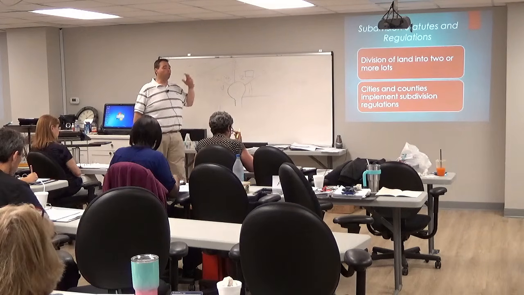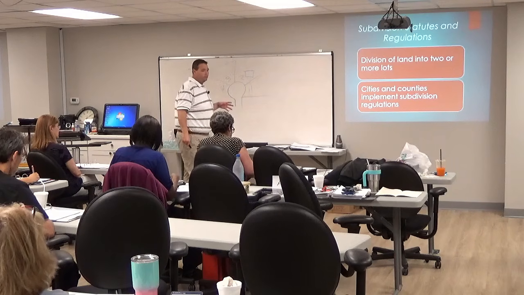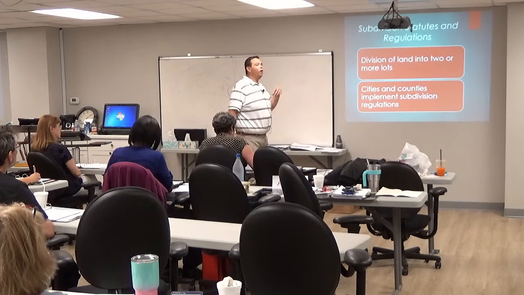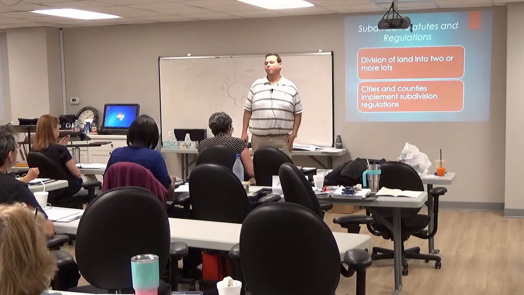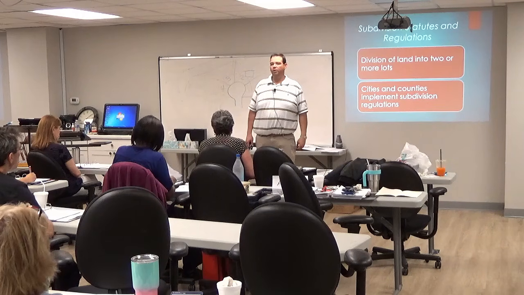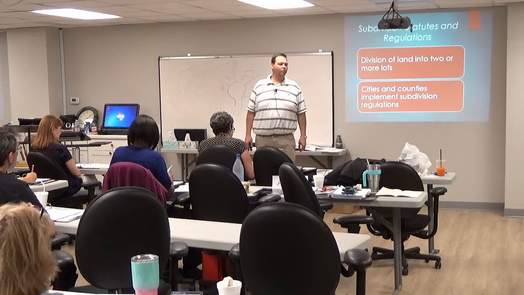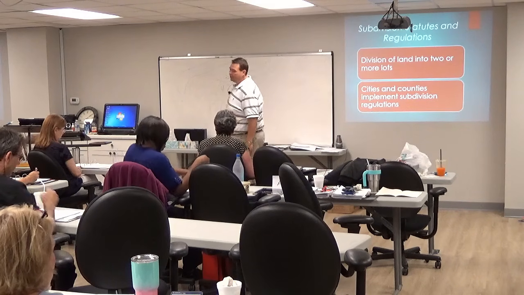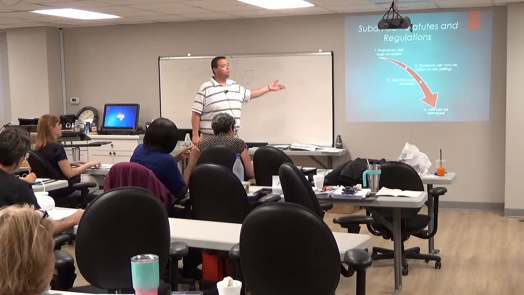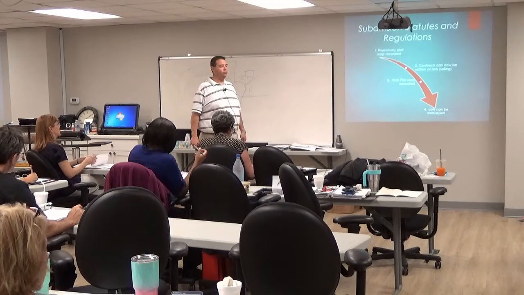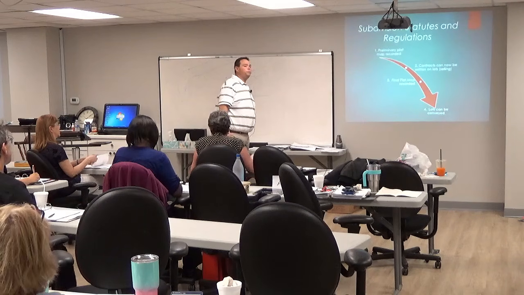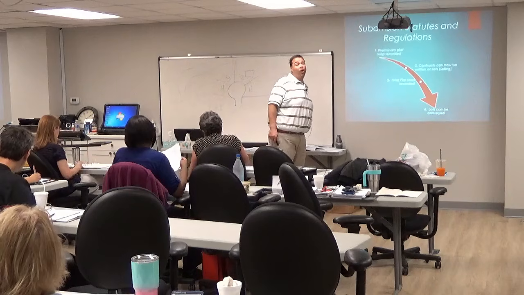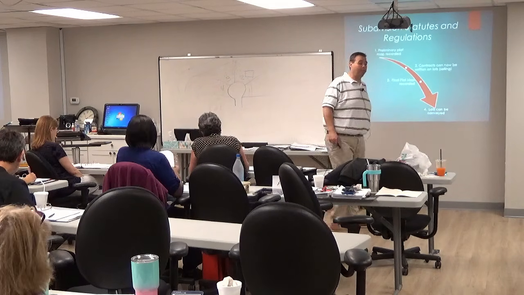You need to know the rules for that process. First of all, what phrase have we already talked about in relation to subdivisions a lot? We talked about it with property descriptions. Plat map. A plat map is simply a drawing of a subdivision. So when you look at this timeline right here, a lot of it is based on the plat map. In fact, all of it is based on the plat map.